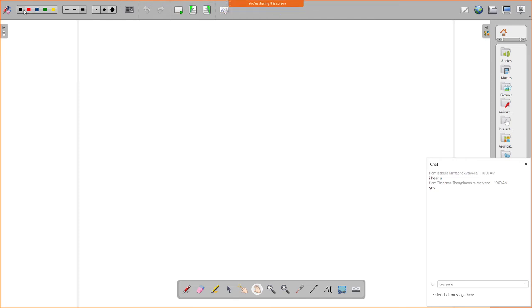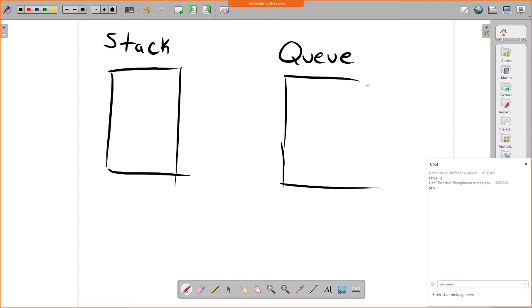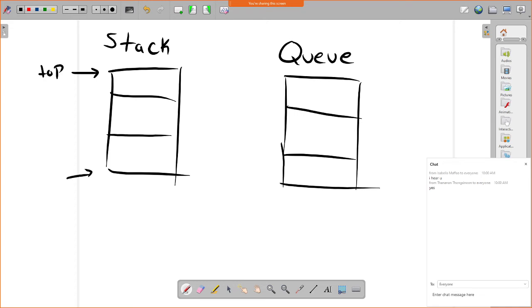And the last thing we went over was stacks and queues. So recall that we had two different data structures, a stack and a queue. And the difference was really just the order they insert things. So if this is the top and this is the bottom, or you could say front and back if you wanted to, then if I was to go and do both of these and say I want to insert three things,